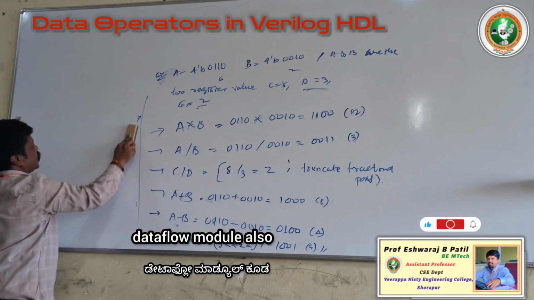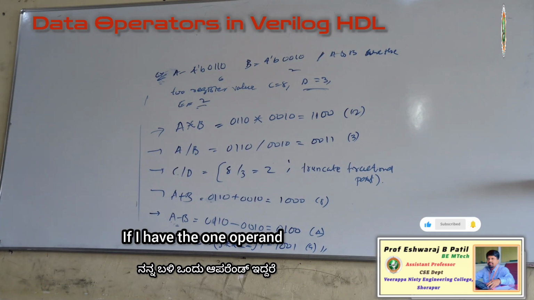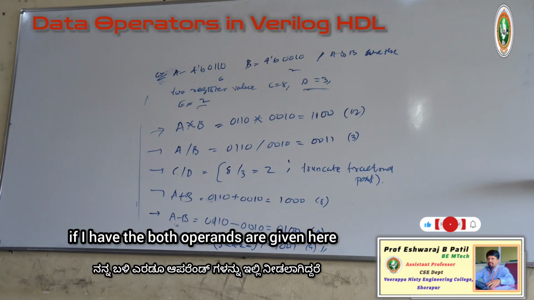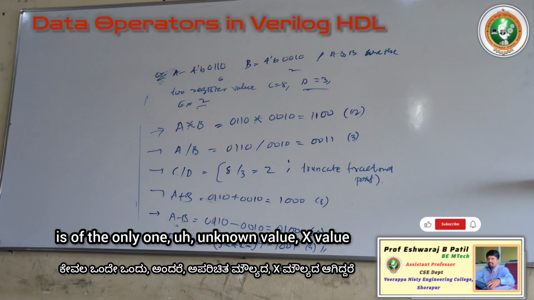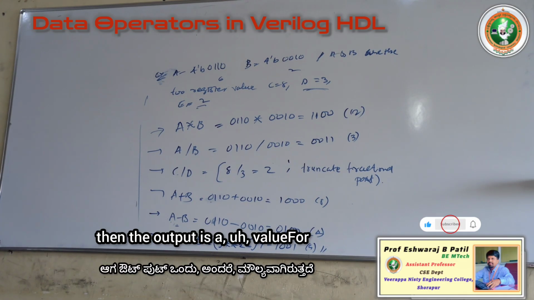If both operands are given here, and my operand consists of only one unknown value, x, then the output value is also unknown, and the operation on the x is also unknown. For example,